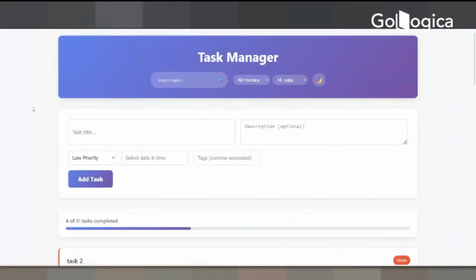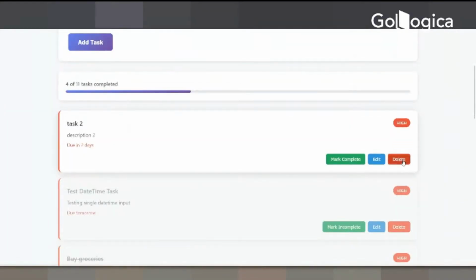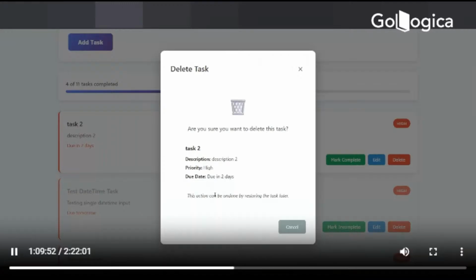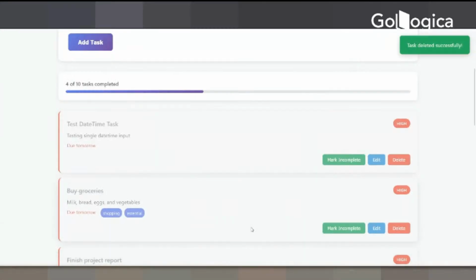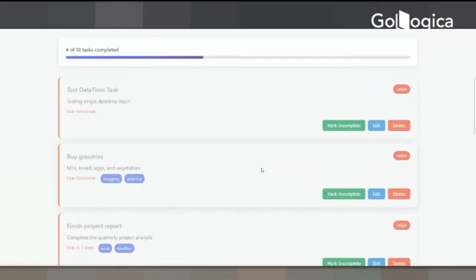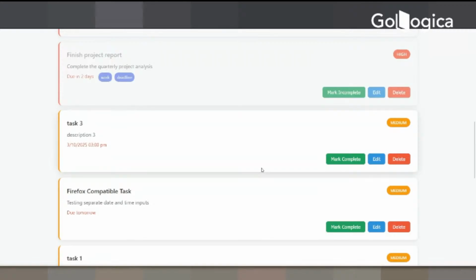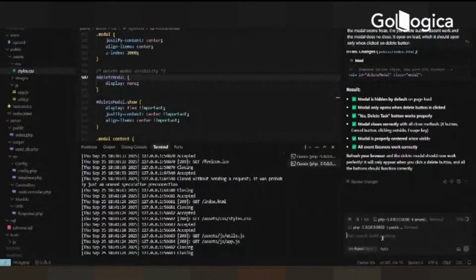Okay, let's refresh. What is hidden? If you click on delete, it is in the center, but the button is still invisible. Task 2, if you click on it, it is deleted, but it, okay. So the button issue is not resolved. Only the button visibility issue is